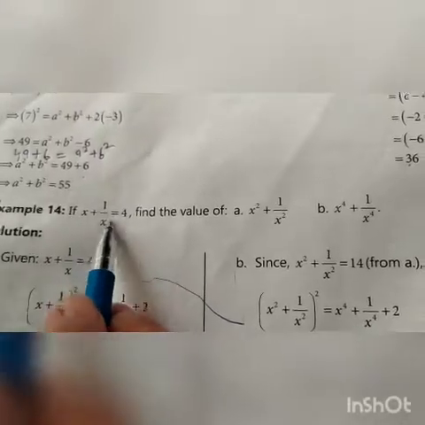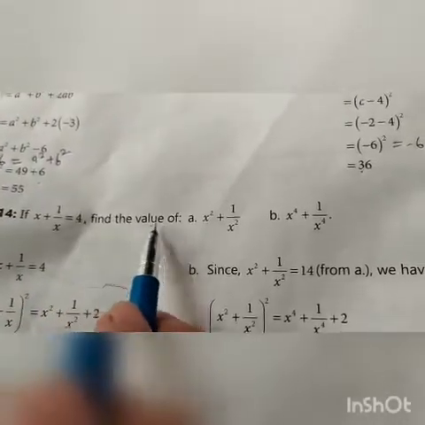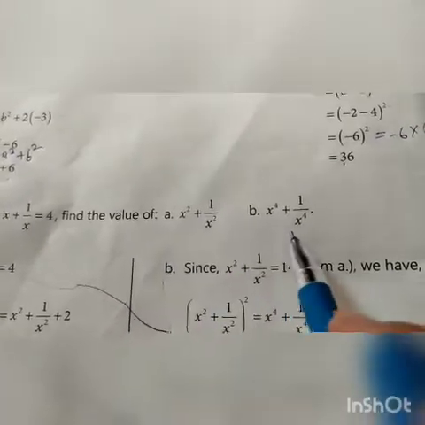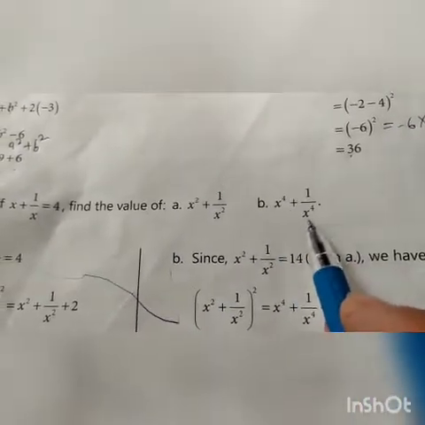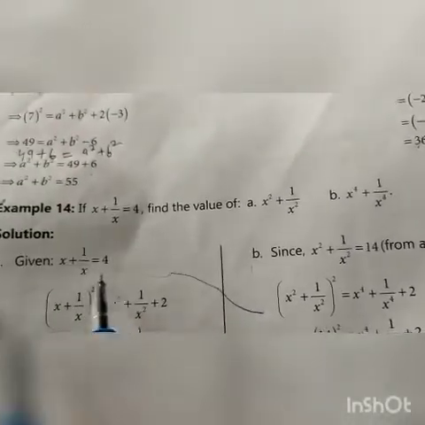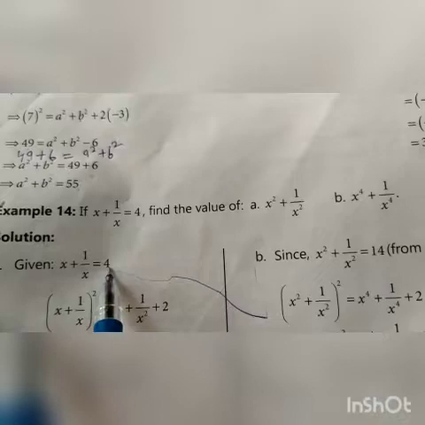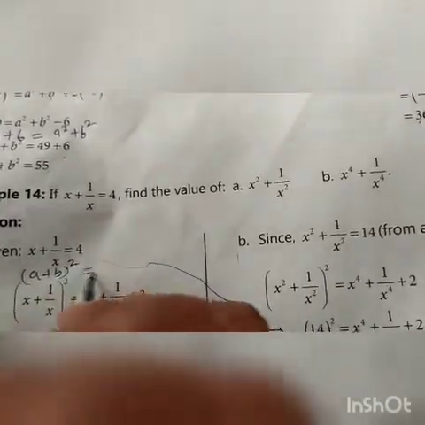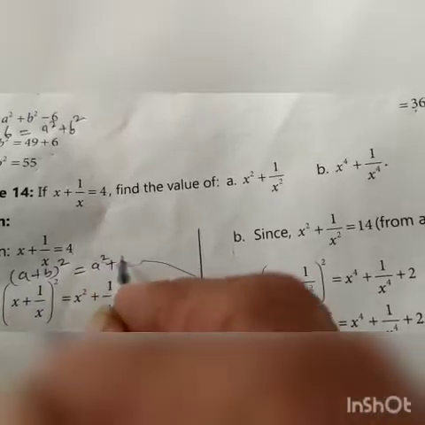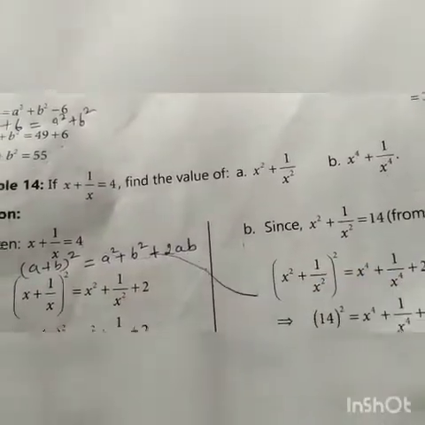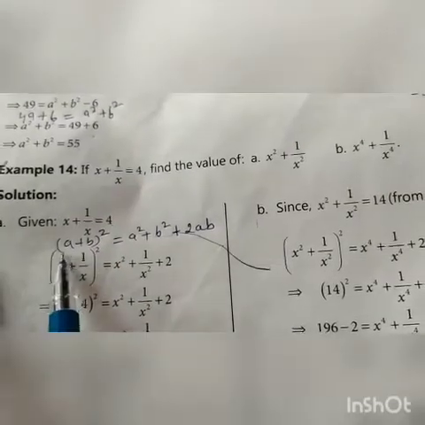If x plus 1 upon x is equal to 4, find the value of x square plus 1 upon x square, and the second part is x power 4 plus 1 upon x power 4. See, x plus 1 upon x is equal to 4, it is given. If we write the identity (a plus b) whole square is equal to a square plus b square plus 2ab, then